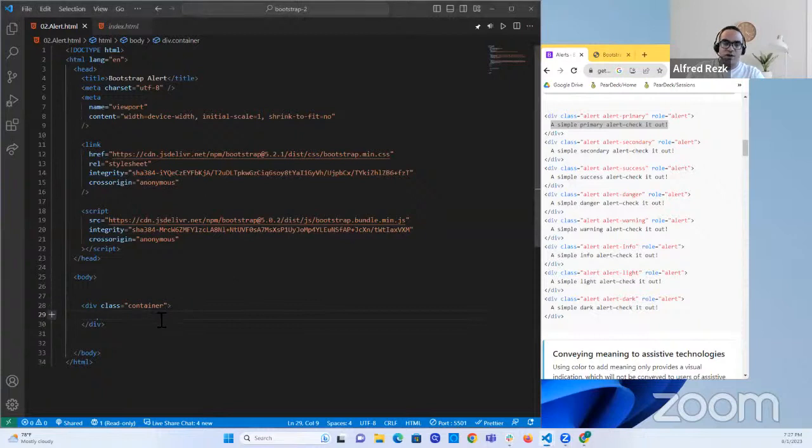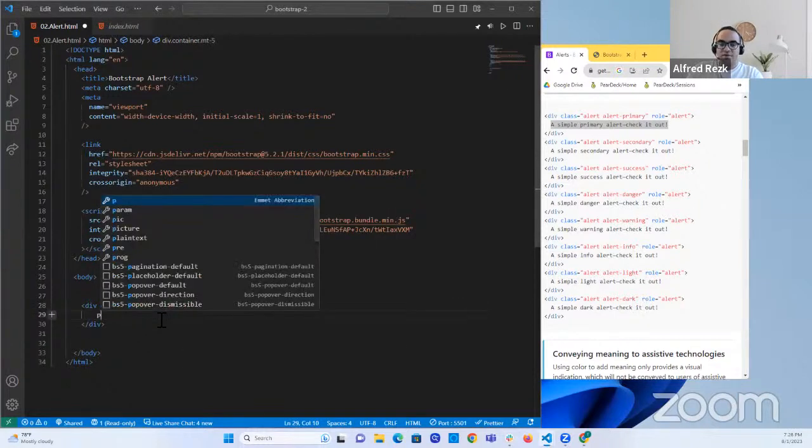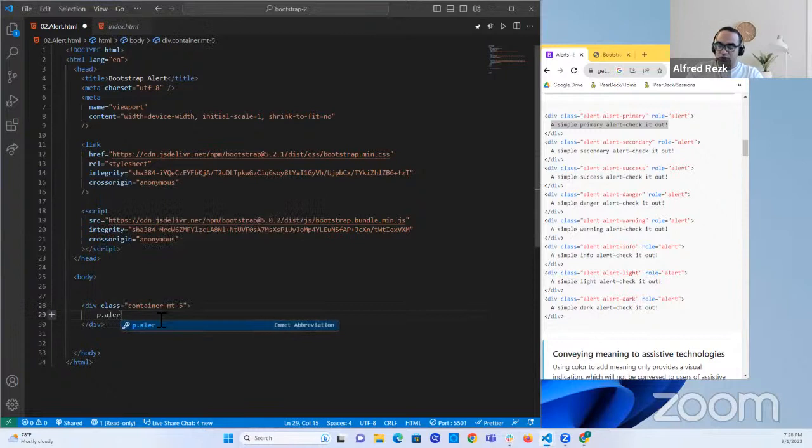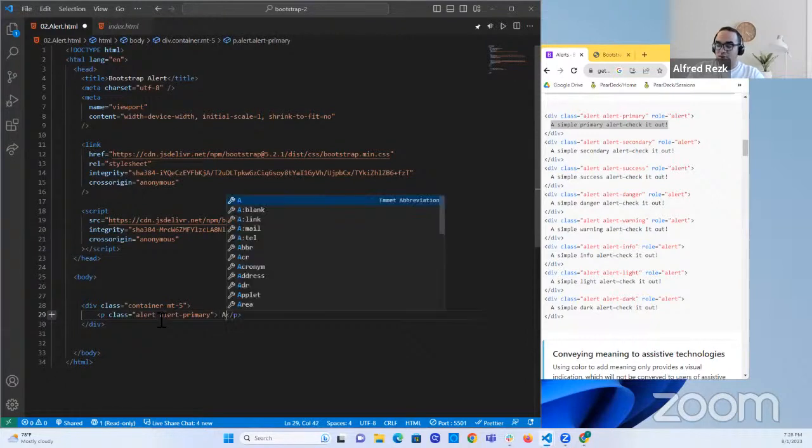And I can have a paragraph. Let's add margin top 5. I can have a paragraph that has the class alert. And I can do alert-primary, similar to the button. You do btn and then btn with a color. And then you can write here a simple